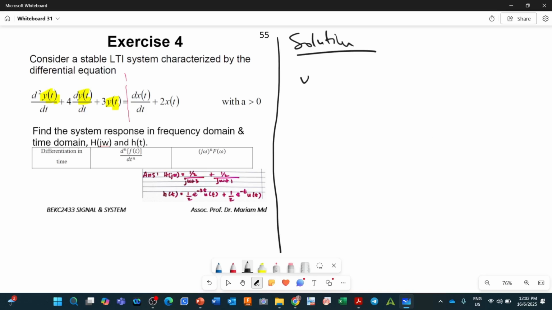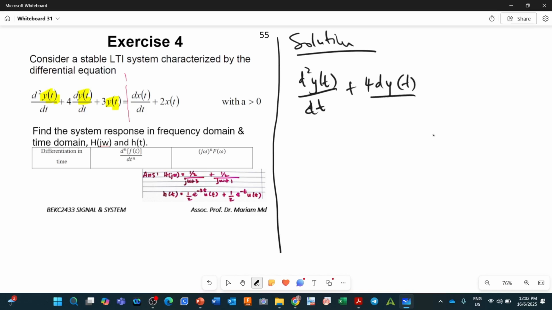So you're going to write again d squared y(t) over dt squared plus 4 dy over dt plus 3y(t) equivalent to dx(t) over dt